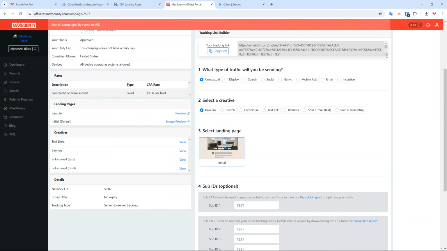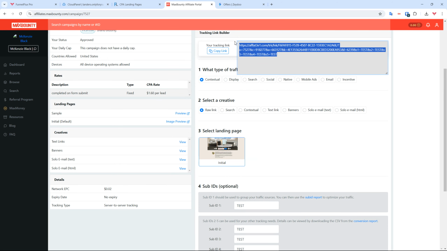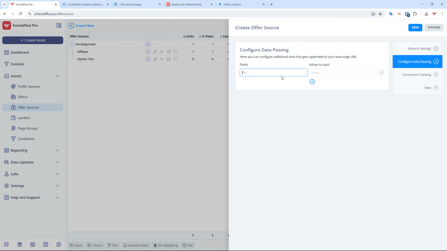And if I scroll back up, I can see it has expanded this URL, and it's now got S1, S2, S3, S4, and S5 in it. So from that, I now know that the URL parameters they use for data parsing or custom data are S1 through to S5. So coming back to FunnelFlux, I want to put S1,